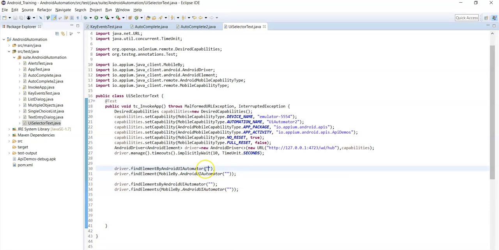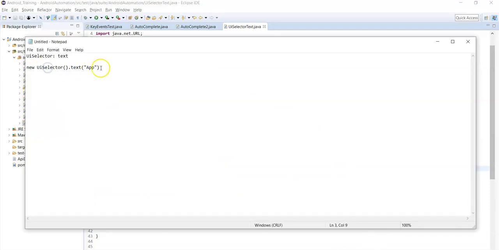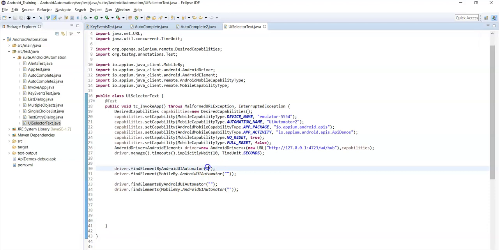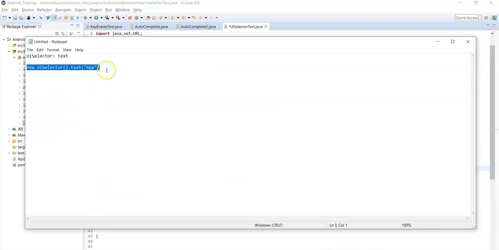So you place new UI selector dot text of App, and then we need to click on this name, right? So call the click method. That's it.